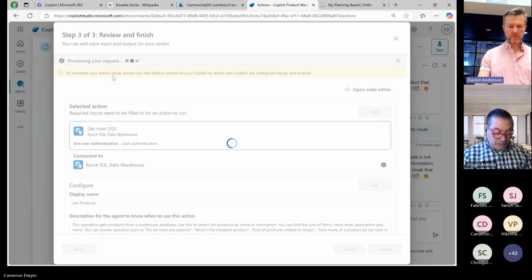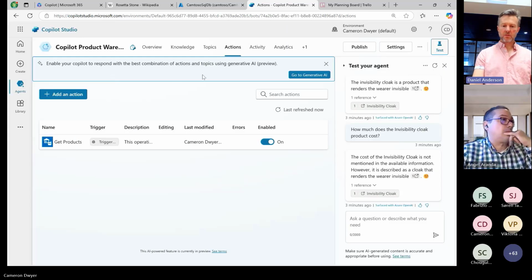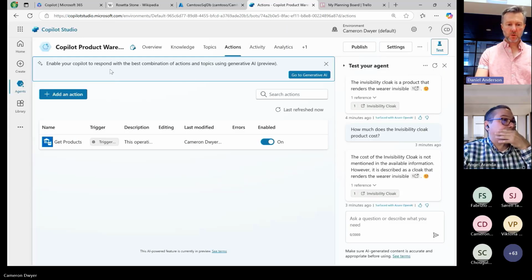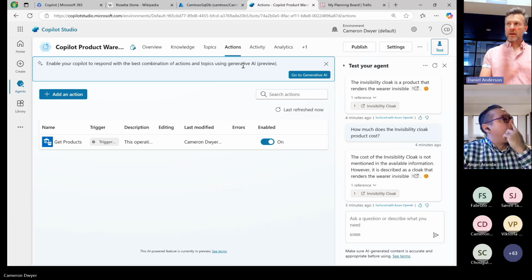Processing our request. Okay, it's done it now. And it's actually giving us a reminder up here, which is good. What it's saying is enable your Copilot to respond with the best combination of actions and topics using generative AI. So what had to happen before about 2 months ago is if you set one of these up,